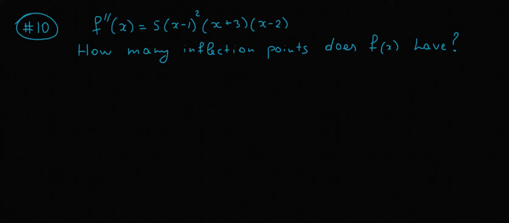First of all, it might be a good place to remind you what an inflection point is. An inflection point is a point where the concavity of the function changes. Concavity refers to the way the graph of the function bends, and there are two ways in which this can happen. The graph of the function may look like this. This shape is concave up,